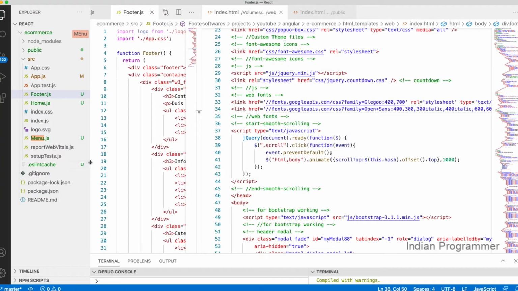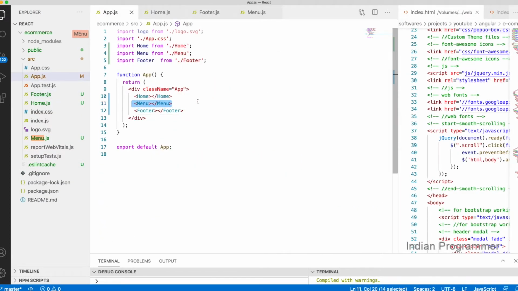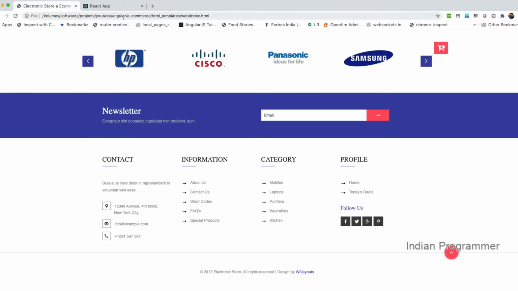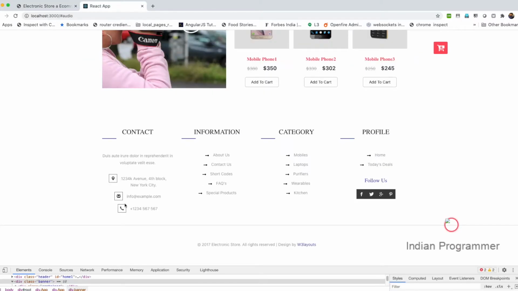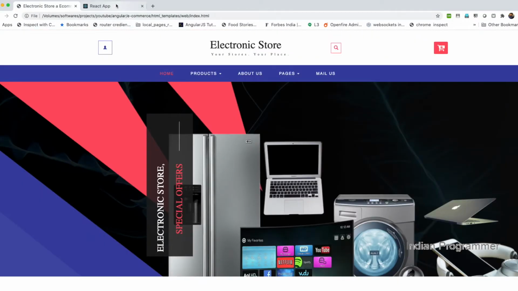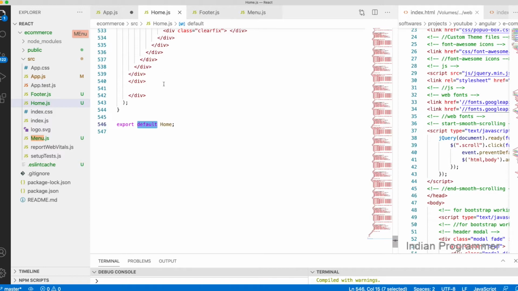I think it is due to this menu. Okay, I will comment this menu and let's see where it is happening. That is also not it. Okay, this is working fine. I think some CSS is getting overridden somewhere. Moreover, I want this menu in the center of the web page, so I will move this menu content inside the home page. Maybe here I will put it.